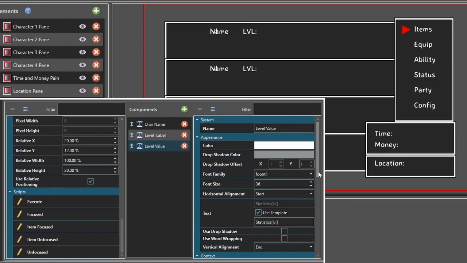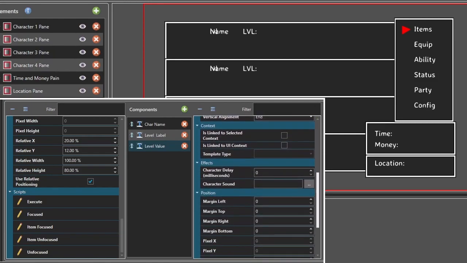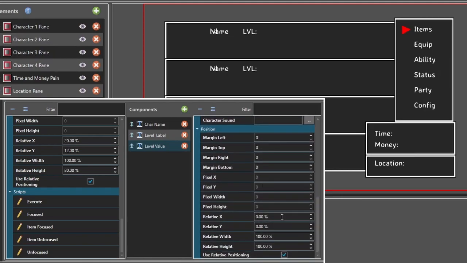And now, you may have noticed, but up top it's got it stacked again. So same thing, we got to come down here, we got to adjust our relative X. We're going to bump that up, and we want it to display to the right of our static label level. Right? Okay, so that should